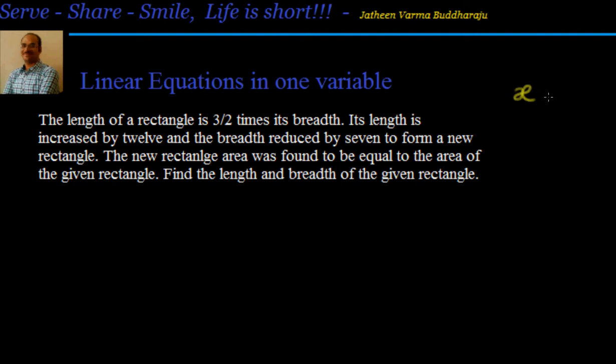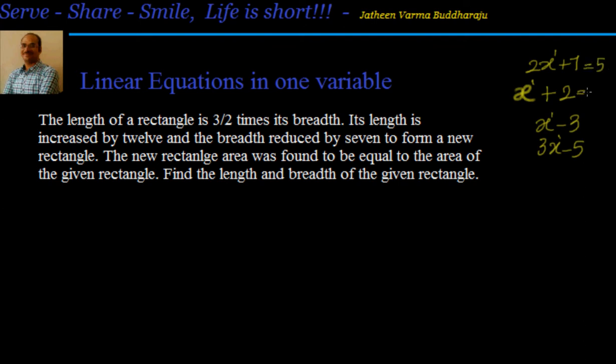only one variable, and your equations look like this: x plus 2 or x minus 3 or 2x plus 7 or 3x minus 5. So you can see all of them, the degree is always 1. So they are called linear polynomials, linear equations. Why is it an equation? Because we are equating this to some value.